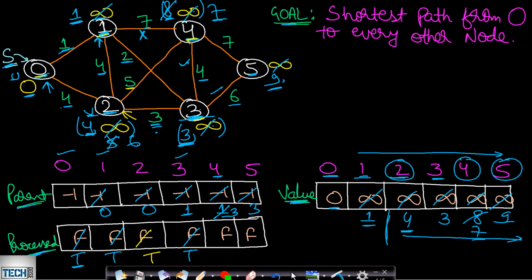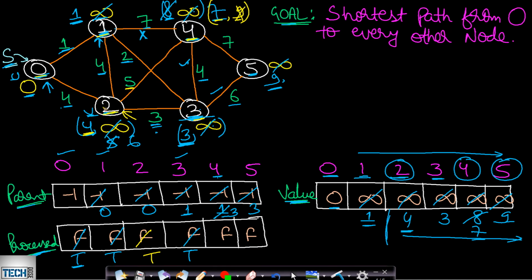Now if we want to reach this 4 via this 2, then the minimum cost will be the minimum cost to reach this 2 from the source, which is 4, plus the edge weight from 2 to 4, which is 5. So total cost will be 5 plus 4, which will be 9. So the initial present cost was 7 and now we are taking the minimum with 9. 9 is higher, therefore it will not get updated. So we have not relaxed any of the vertices.